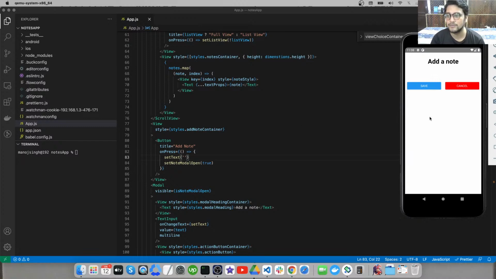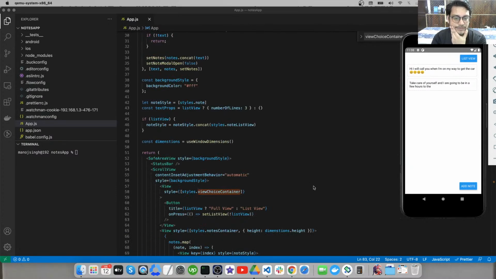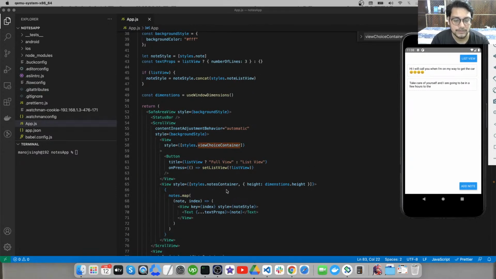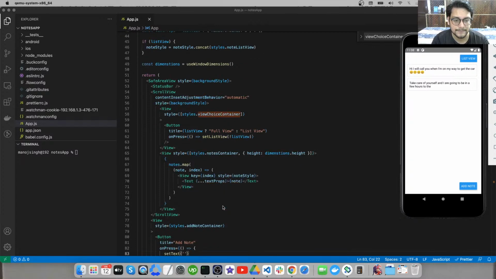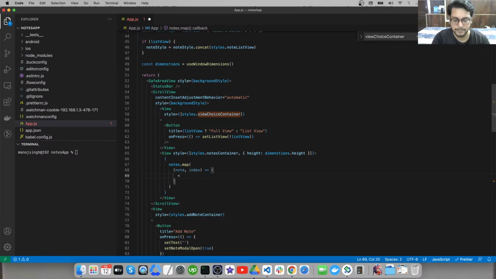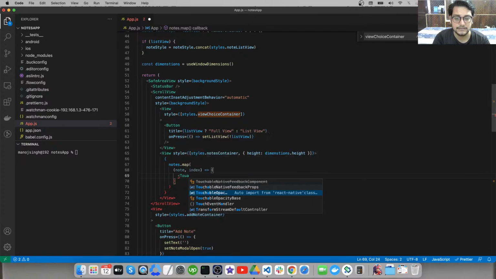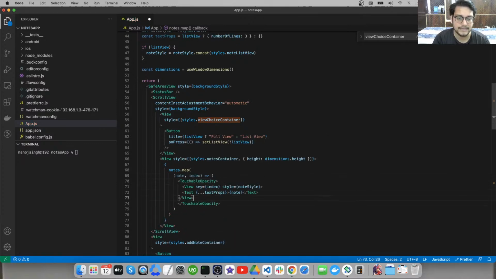Now next thing we want to do is click on any of the items, and when we click on that item, we should be able to edit that item, right? So for that, firstly and foremost, we're going to make the notes clickable. So let's just start by doing that. So these views should be a touchable opacity. So touchable opacity, just go here, paste this up,